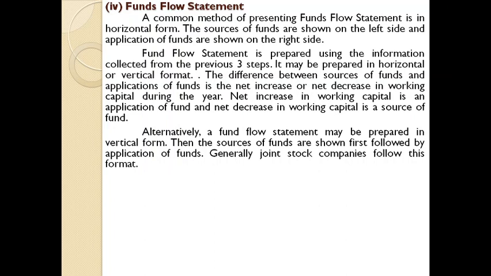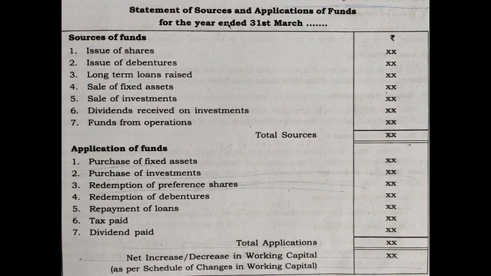But it's quite simple. If you know how to prepare a source and application fund in a statement form, so it is very easy to prepare a vertical form. And for time being, let us see how a vertical form looks like. It will be the similar to a statement form where it will be written vertically beginning with source of fund, because in the account form in the left side it was source of fund, so it will be written first source of fund. All the items are similar and the principle of preparation is similar, only matter is that you have to prepare in a vertical form where first you have to prepare the source of fund. That is the only difference. Only there is a difference in the style of preparation.